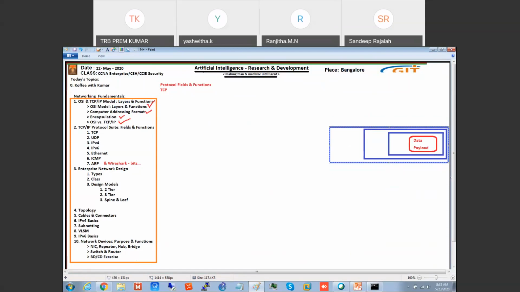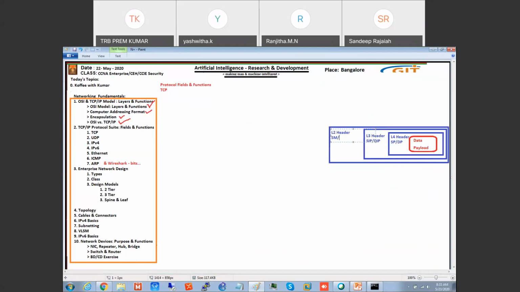Now this is my L4 header. In the L4 header, what am I adding? Source port number and destination port number. In the L3 header, what am I adding? Source IP and destination IP. In the L2 header, what am I adding? Source MAC and destination MAC.